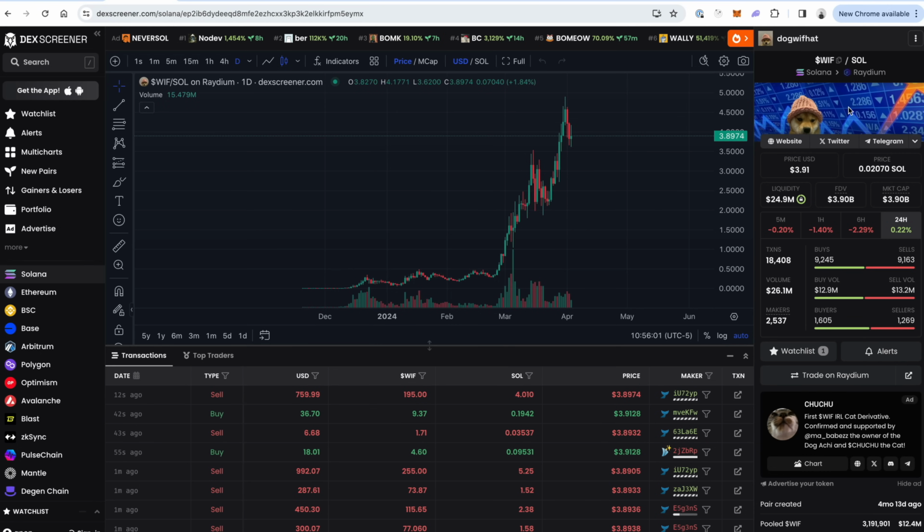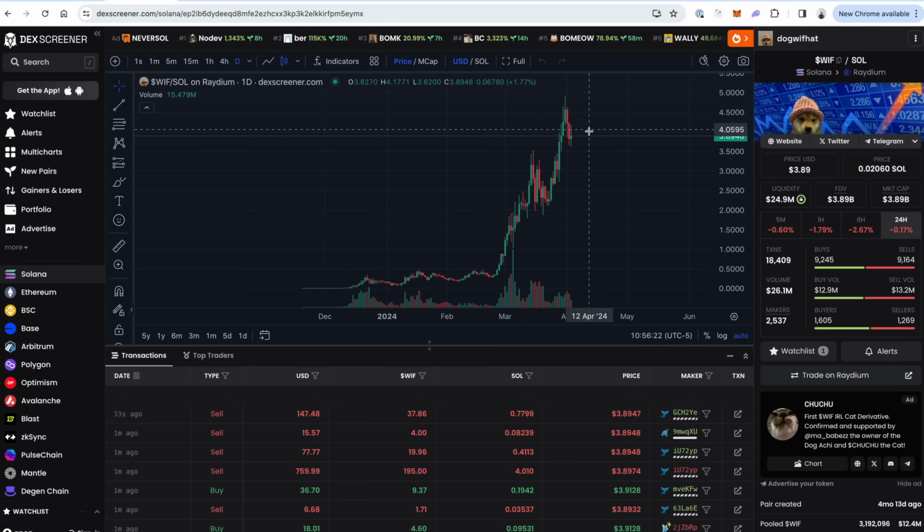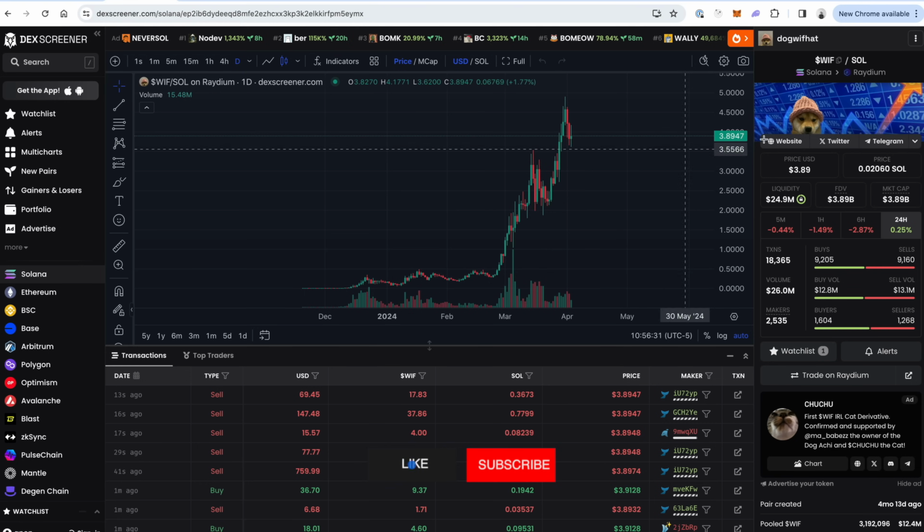So WIF is one of the most popular Solana meme coins. Why is it successful? Well, Dogecoin is one of the most successful coins of all time in terms of meme coins. Just behind that is Shiba Inu. And they're both dog coins. Doge got to an $80 billion market cap. WIF is currently at about a $4 billion market cap, and there's lots of hope because it's also a dog coin. It could be the new darling dog coin of this bull run that could reach astronomical valuations just like Dogecoin did. So the dog theme is a big one here.